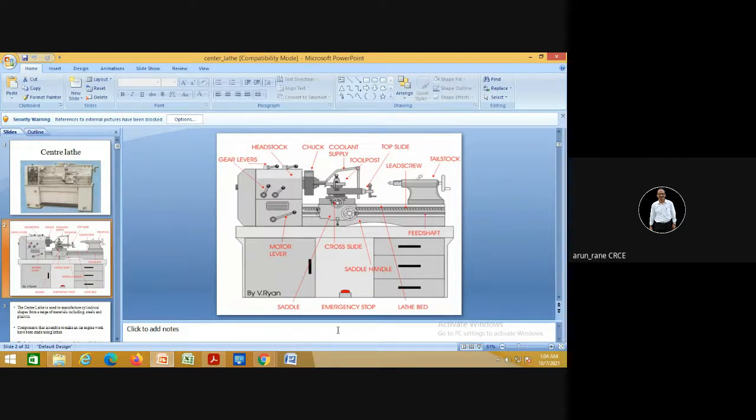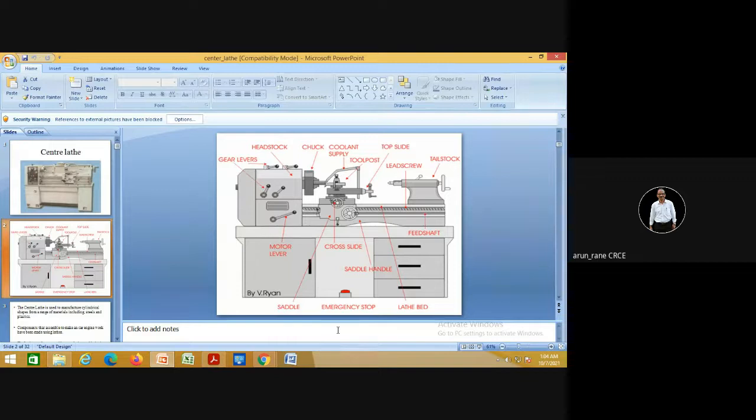Remember, our workshop was like an industry. We were actually supplying parts to the industry. We were manufacturing pumps and many components. But because of the pandemic, that luster and that fame has gone. But still, the students are coming here for project work, and it is functional and operational.